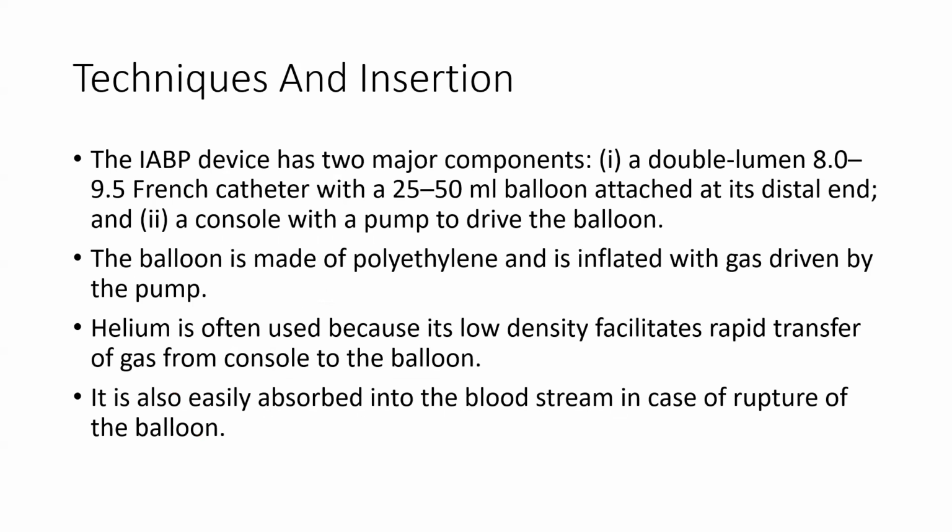Now, technique and insertion. The IABP device has two major components: a double lumen 8 or 9.5 French catheter with a 25 to 50 ml balloon attached at its distal end, and a console with the pump to drive the balloon. The balloon is made of polyethylene and is inflated with gas